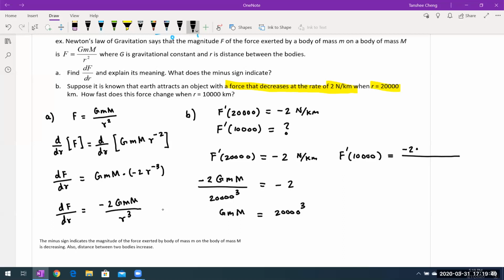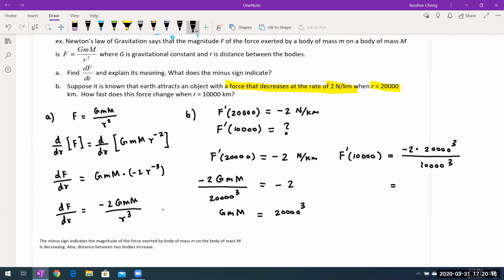times G, little m, and big M, which is 20,000 to the third power. So that will be 20,000 to the third power, divided by my r to the third power, which in this case, my r is 10,000 to the third power. So if you simplify this, that will give me